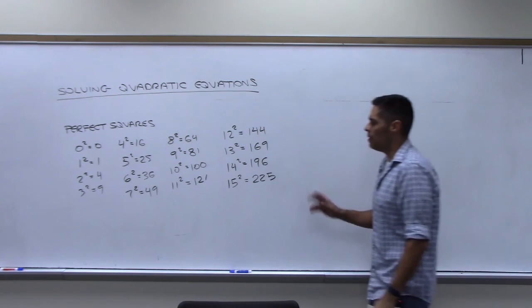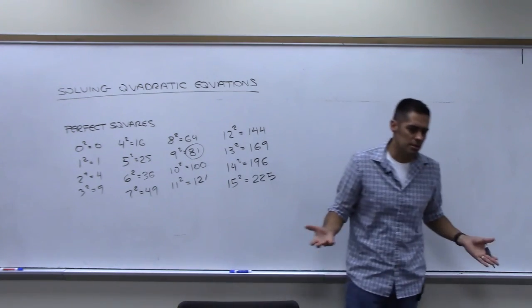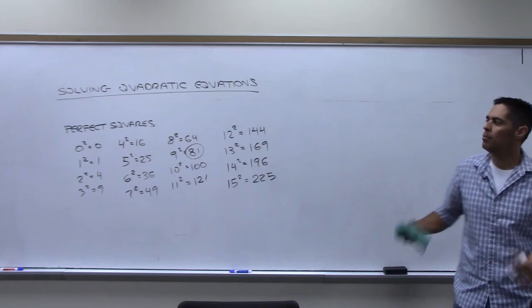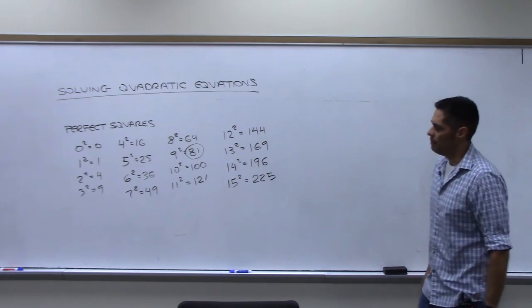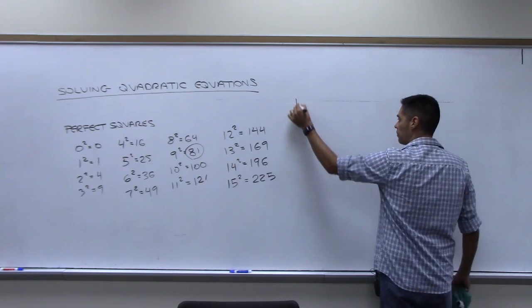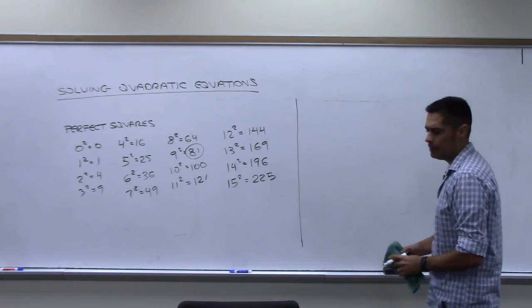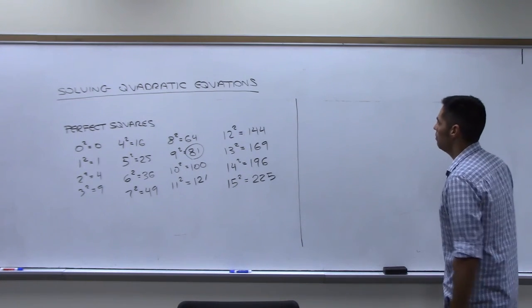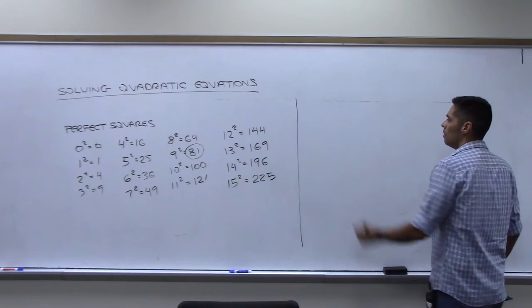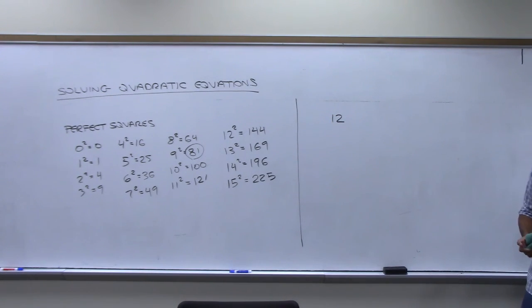You should know those. I mean, the thing is, we need to recognize, like, if we ever see the number 81, we need to know that that's 9 squared. If we see the number 121, we need to know that that's 11 squared. Now, the reason why this is useful is because when we take numbers like, let's do the number 12, right? We can always take 12 and break it down into